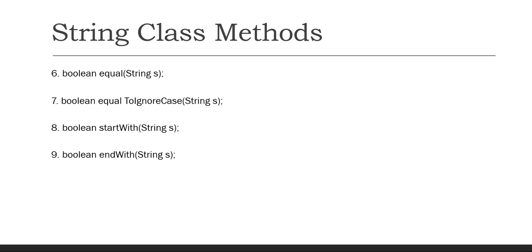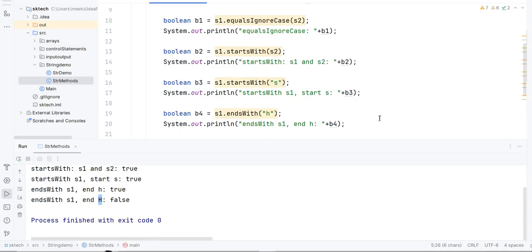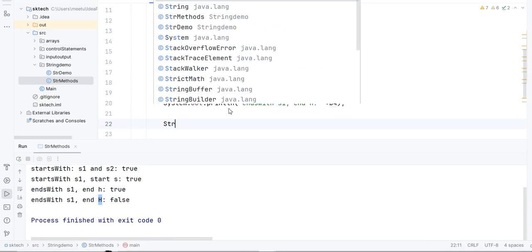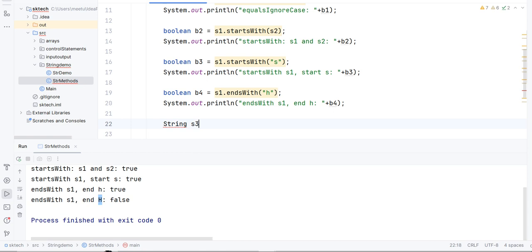Let's move ahead and see what the next method available in the String class is. The next method available in the String class is indexOf, and the return type of this method is integer, and it also expects another string as an argument, right? So let's see how we can use that in a Java program. Let's create another simple string, say s3, and provide some value, let's say hello Java.